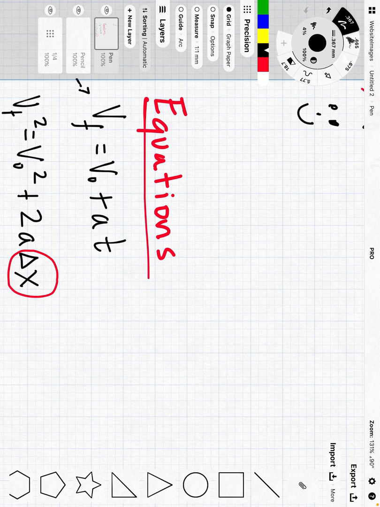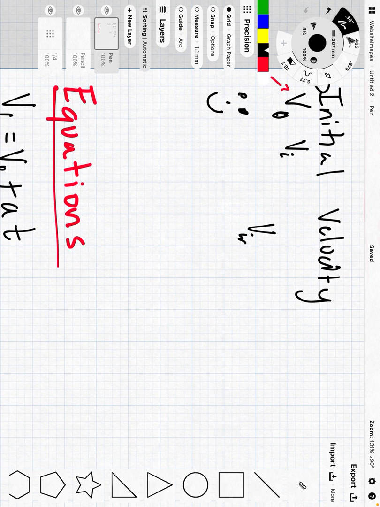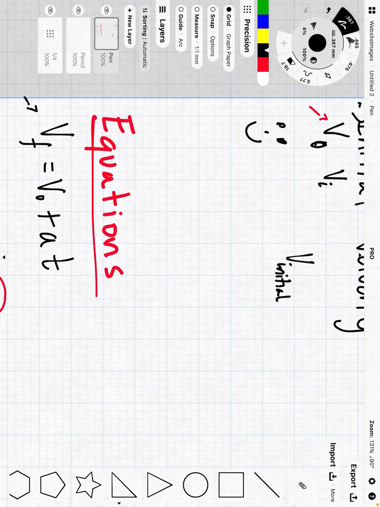So technically, you could write anything you want. You could write out up here V initial. Now, once again, it's going to take you forever, and I wouldn't recommend this. But if that's what you need to do in order to always remember that that's the initial, that's completely fine. And so then in my extreme case, obviously we'll use this equation down here, and I could say, well, I'm going to use smiley face. So I'll use frowny face for final equals smiley face, which is initial,